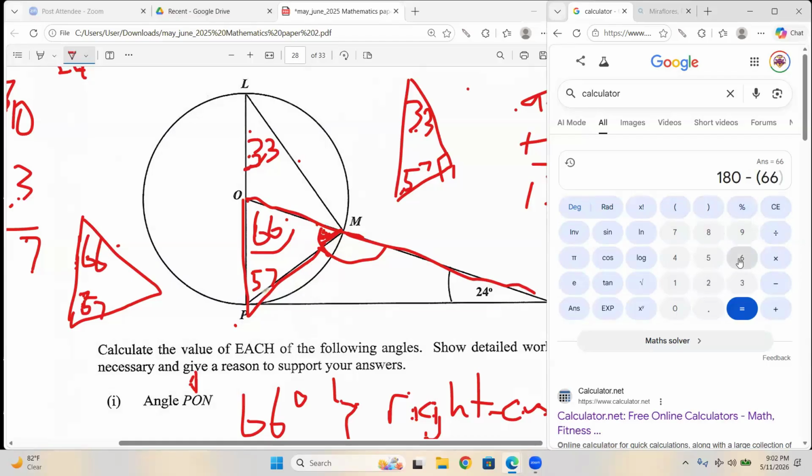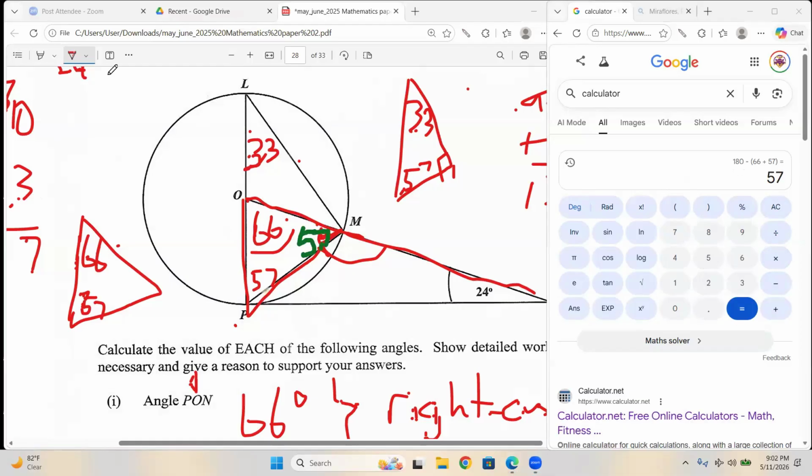See why I try not to use this calculator? That gives us 57 too. And that makes sense. It's an isosceles triangle. Why wasn't I thinking of all that just now? It is an isosceles triangle because